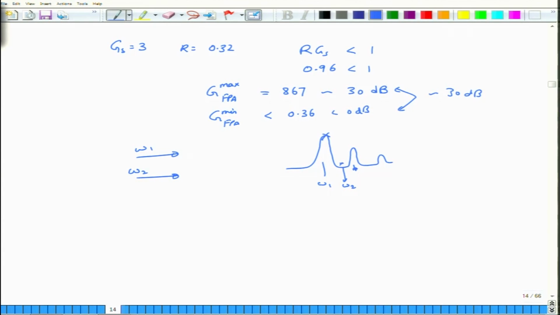And when you had initially the same power, but after passing through the SOA, now you have a large power here and almost no power in omega 2. So therefore, this is not a very good mechanism, or this is not a very good value to choose, because you are then essentially creating unequal gain distribution in the multi-channel system, which is not at all good, because you expect all the channels to be amplified with the same level, not with different levels.